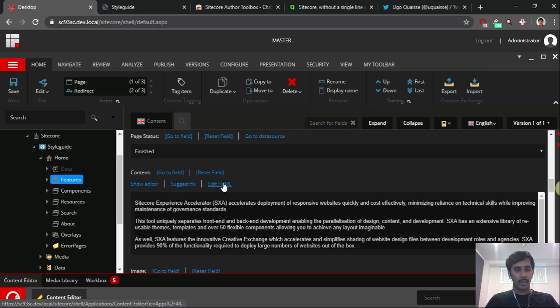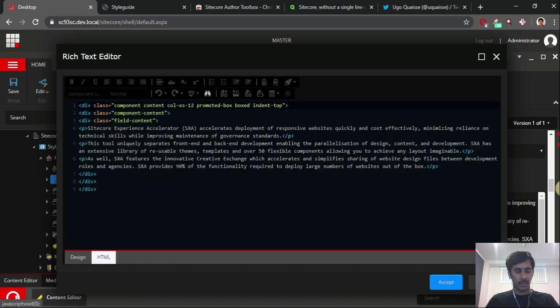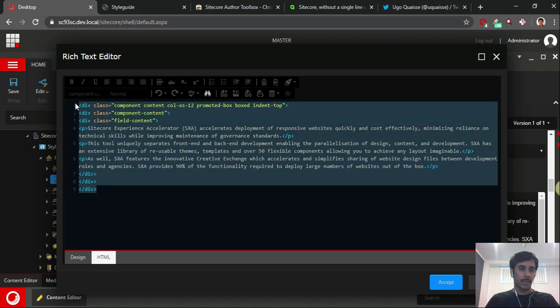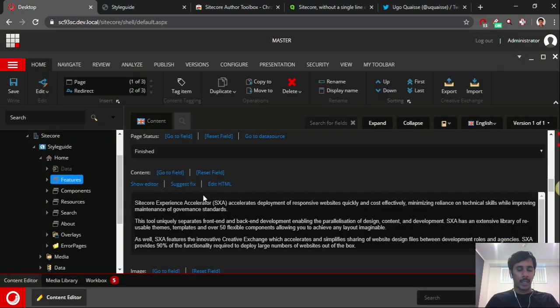If I open show editor, so HTML, yeah, if you see HTML, all this highlighting is coming. This is very useful when we're working with the HTML in here. And closing this,